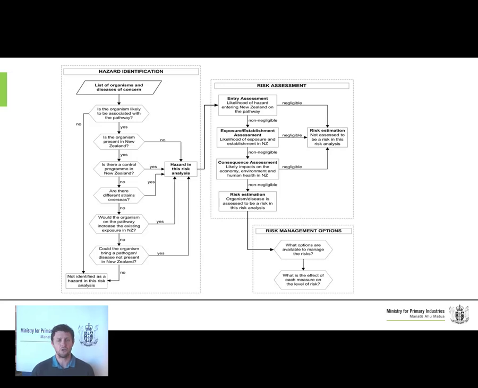We briefly touched on the pathway. Again, this is out of the Terrestrial Animal Health Code, but it's very, very useful if you are a risk analyst or risk assessor or risk manager. This kind of pathway diagram is really useful for having up on your wall, just to remind you about the expectations with the pathway assessment, for identifying what the hazard is, providing characteristics of the particular hazard, and then undertaking a risk assessment itself.